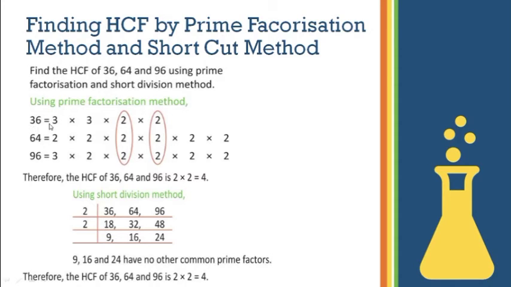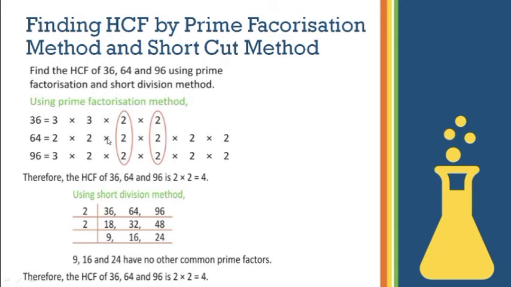So 36 can be written as 3 multiply 3 multiply 2 multiply 2. Already we have written how to write it. So you apply that method in the column and write it. 64 we can write as 8 8s, break 8 as 2 into 2 into 2. 2 2s are 4, 4 2s are 8, 2 2s are 4, 4 2s are 8, so 8 8s are 64. 96 also you can define as 2 2s are 4, 4 2s are 8, 8 2s are 16, 16 into 6, 16 6s are 96. So see, you can write that way.